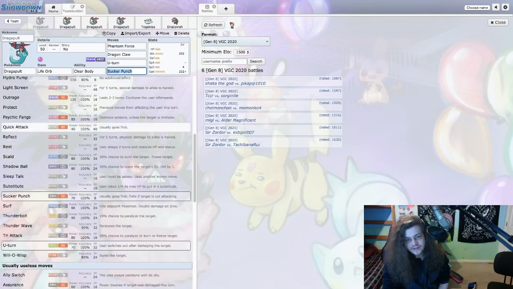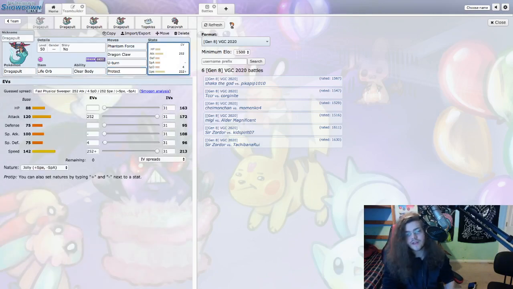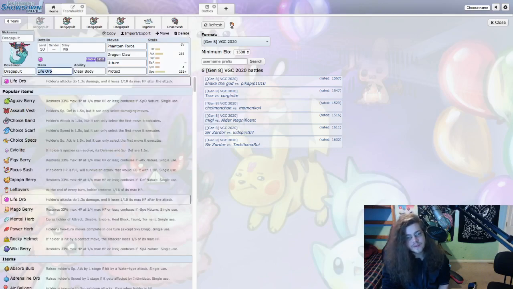Outrage is interesting. It could be Psychic Fangs if you're playing like an Indeedee set or something. I don't know, but it'll probably be Sucker Punch. But we have Protect on this one. Since we have Life Orb, we can use Protect, and it's very powerful. Life Orb is also really good on a Dynamaxing one because you'll actually get the buff from it, unlike Choice items. So unlike Choice Band, you'll actually get the 1.3 times damage buff even when you're Dynamax, which is really